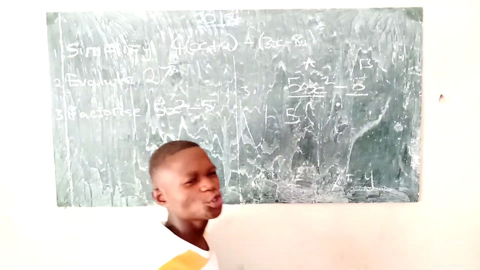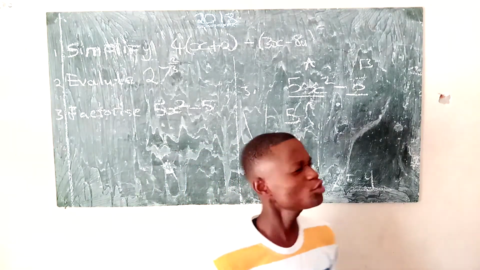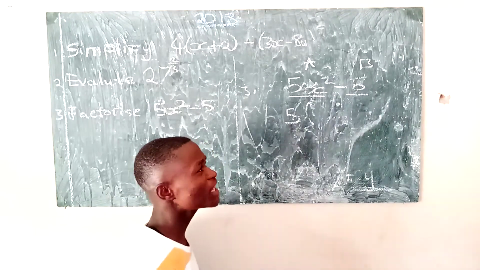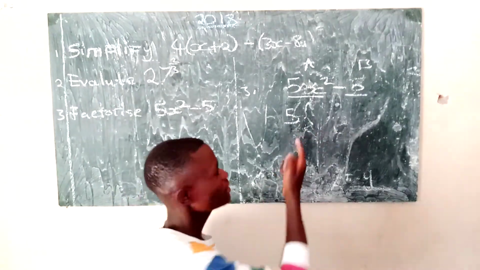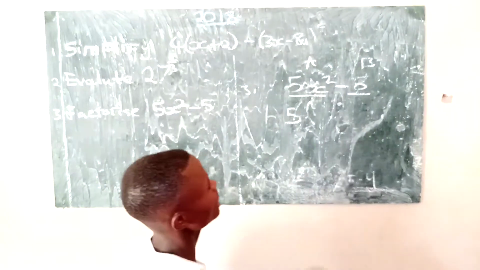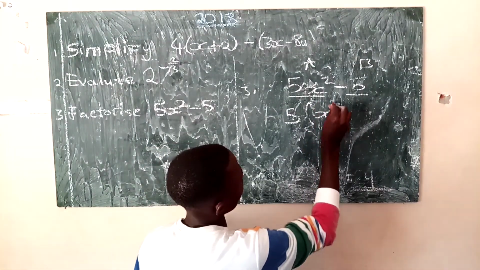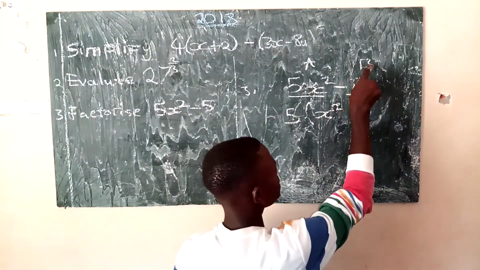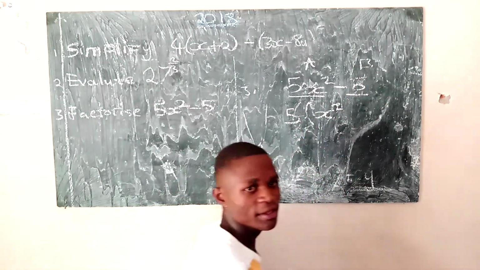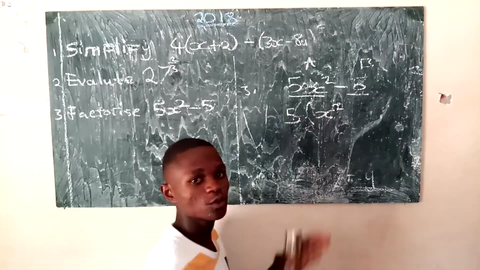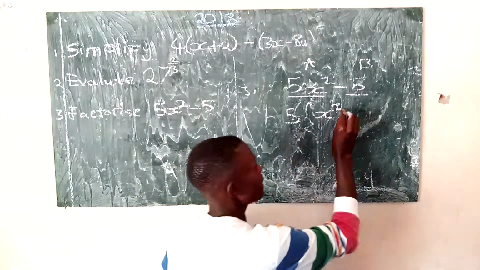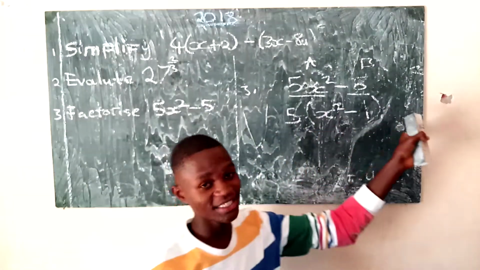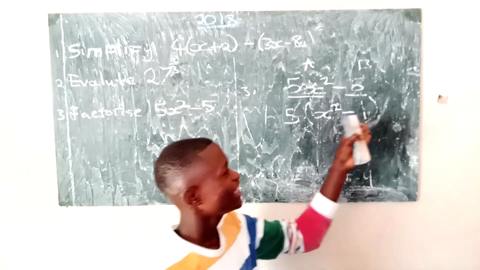Now to show them that you know mathematics, you don't include the 1 here. That will show that you don't know mathematics. So show them that you know mathematics by ignoring the 1 in front of this x squared. So you have x squared here. You come to this. It is B divided by 5. So 5 into 5 is 1. This negative will take its sign here. Negative 1. Close brackets. You factorized it.